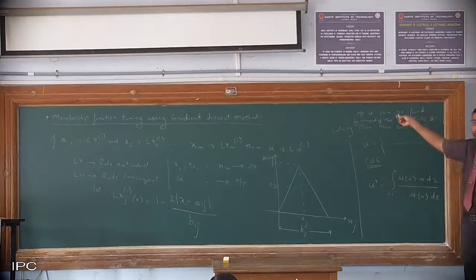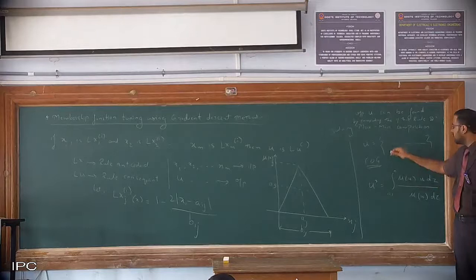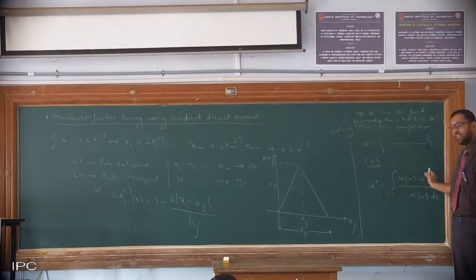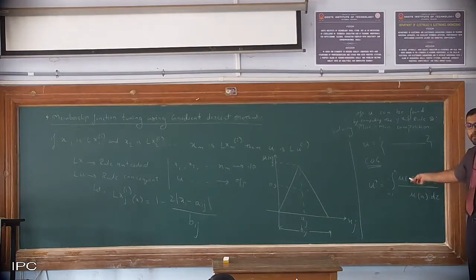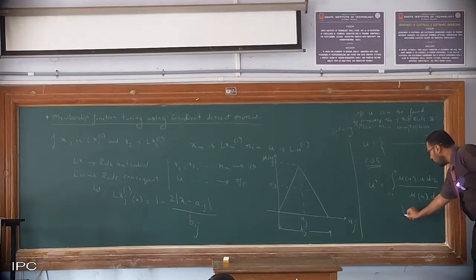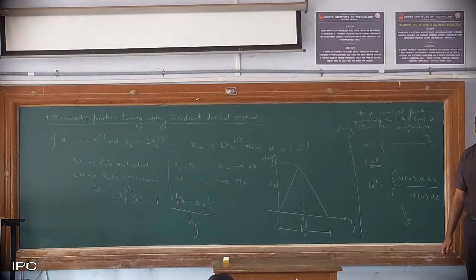We have used U, right? If we had used Z, it would have been mu Z. ठीक है? So only thing is difference is U. अगर Z करना है तो Z करके use कर सकते हो. Same formula. Integration of mu of Z into Z dz divided by integration of mu of Z into dz. ठीक है? So this is what we have taken. From this you get one single output. That is nothing but U star.